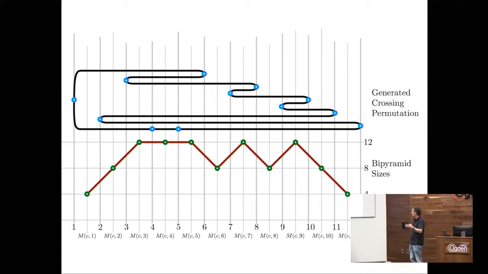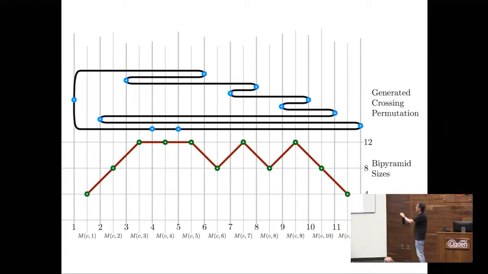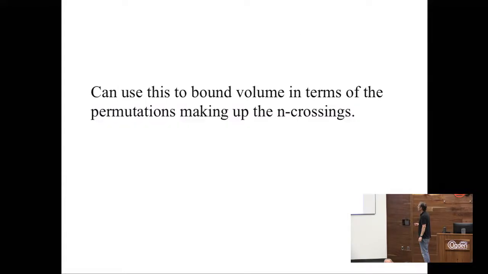previous slide. And so there's actually an algorithm which allows you to create the permutation that would correspond to that. In this particular case, it would be 1, 4, 5, 12, et cetera. And if you follow this pattern, you can actually generate the crossing that would generate that particular set of bipyramids that you want in that particular case. Okay, so we can use this to bound volumes in terms of the permutations that make up the various n